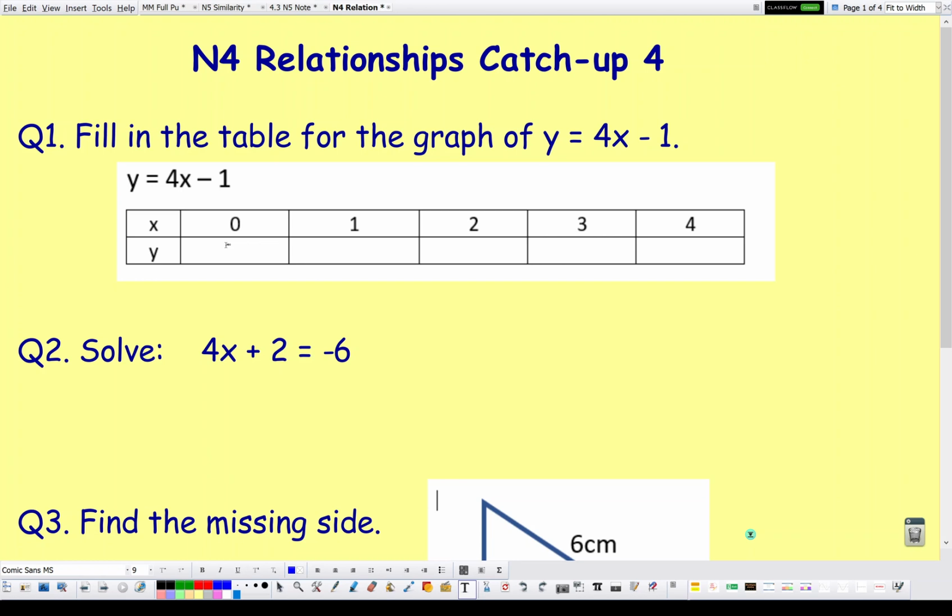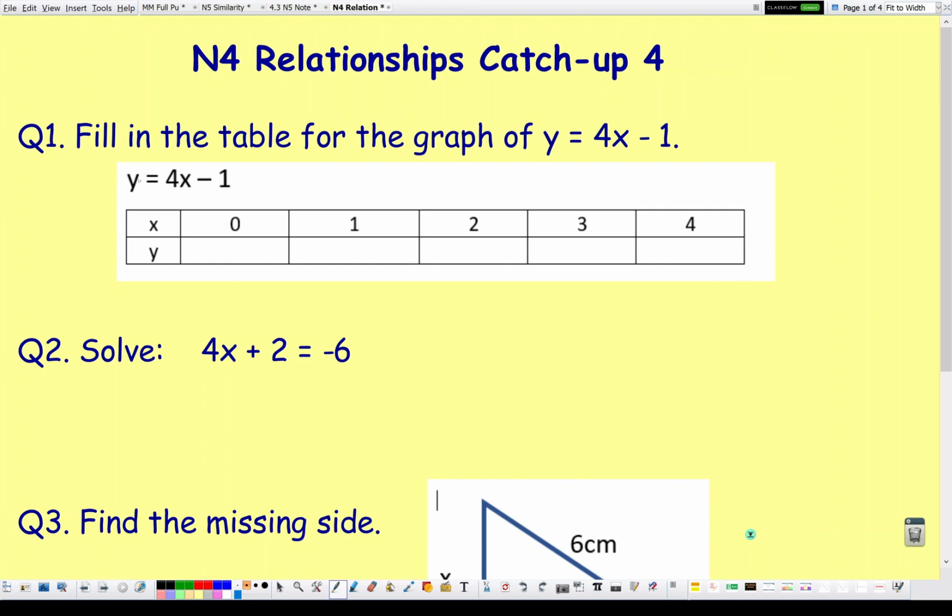Right, and this is the one where, remember, each set of x and y form a coordinate, which then we would draw onto a diagram. I'm not asking you to draw them though, I'm asking you just to, what is the y value and then what is the coordinate? So